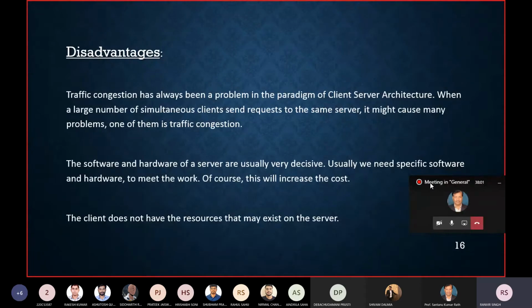If that particular software or hardware is costly, then you have to bear that cost. Now, the third disadvantage is that the client will not always have the resources which it wants. It has to contact the server for resources.